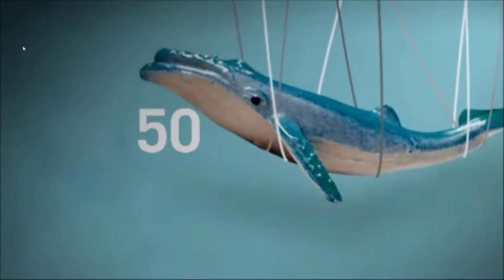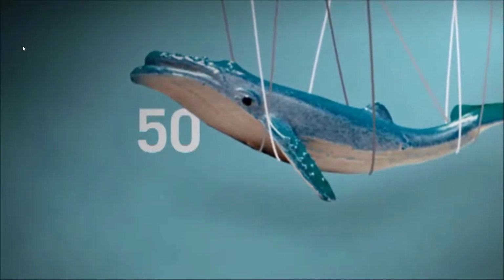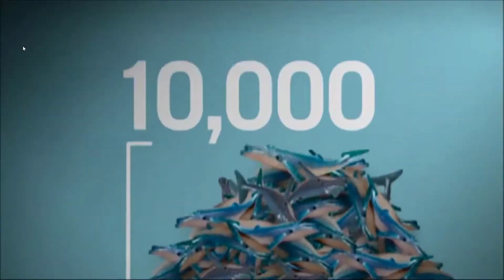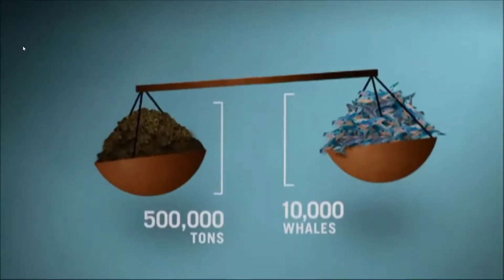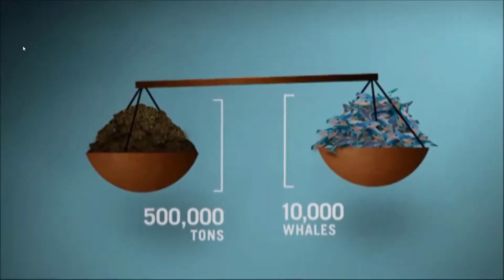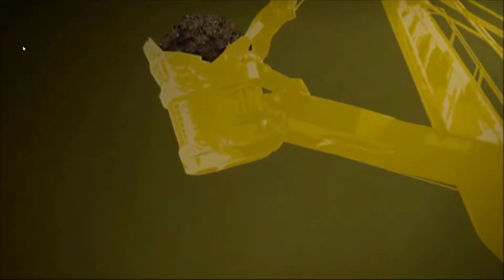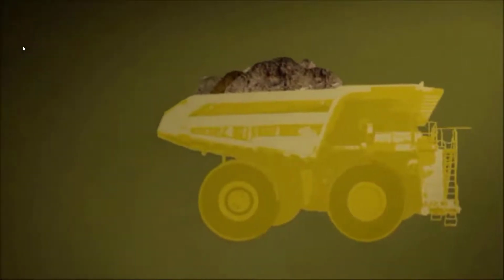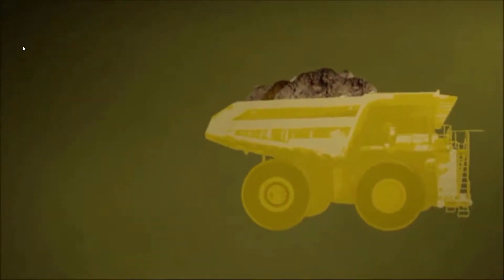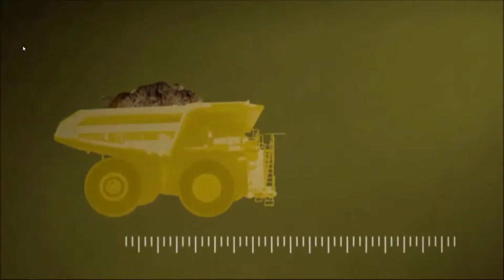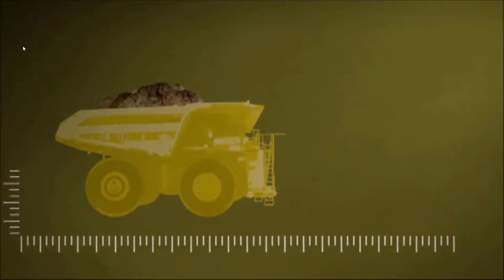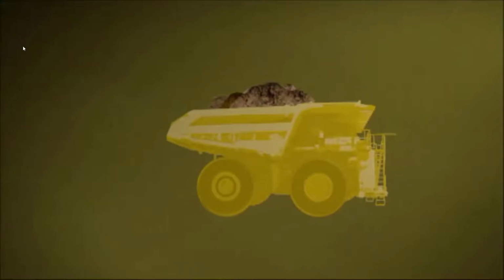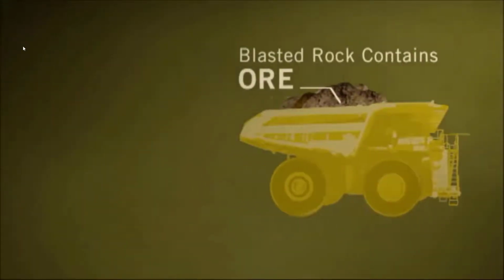Well, a humpback whale, one of the world's largest animals, weighs about 50 tons, which means you'd need about 10,000 of them to balance the scales. So how does Kennecott deal with this nearly inconceivable volume of blasted rock? Well, the simple answer is that you pick it up with giant shovels that can carry 100 tons in a single scoop and dump it into massive haulers. These trucks are capable of hauling 320 tons, or about 6 whales, and are about the same size as an average 2-story house. These huge hauling machines carry the blasted rock, which contains minerals called ore, out of the mine